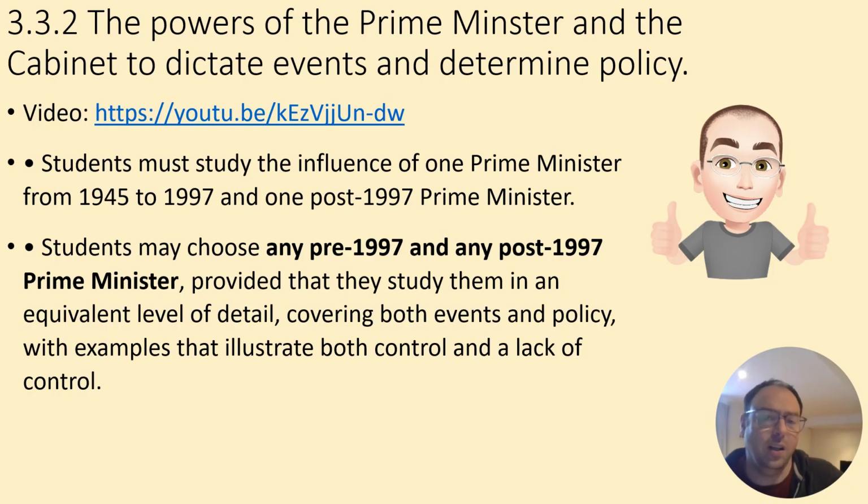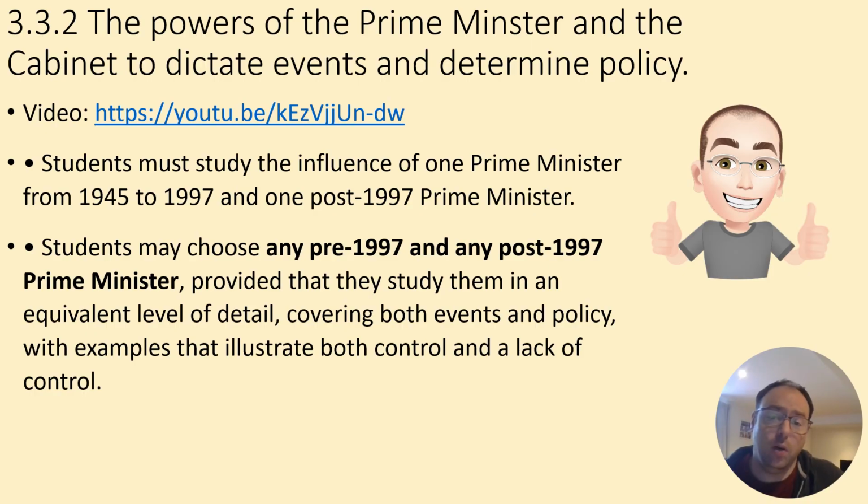So you need to know at least one prime minister from 45 to 97 in detail, so you can give older examples to show how things have changed. I think when we do it, the one we tend to concentrate on is Thatcher, but it doesn't have to be Thatcher. You can do any of the other prime ministers. I think anybody who studies the A-level history paper of 1951 to 2007 has an enormous advantage at this point, where they might know loads of the prime ministers in loads of detail.